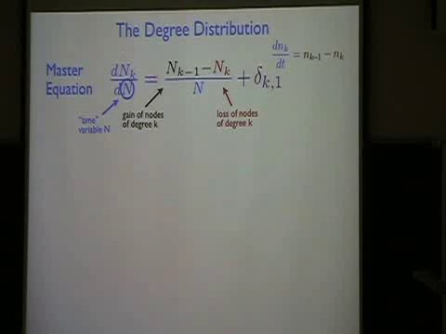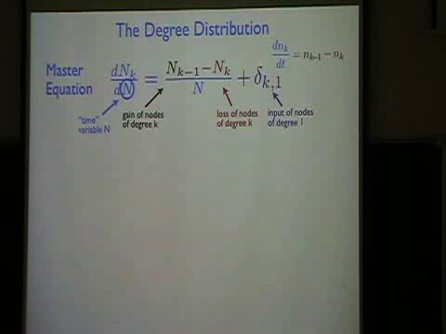The other thing is that the two black and red terms are just as before. And the only other really fundamental new feature is that I have a delta function here, because every time I add a new node to the network, the tail end of the arrow is the source of a new node, which necessarily has degree 1. So at every step of the process, there's a change in the degree distribution because of who I attach to, but I'm also creating one node of degree 1 every time I add a new node.